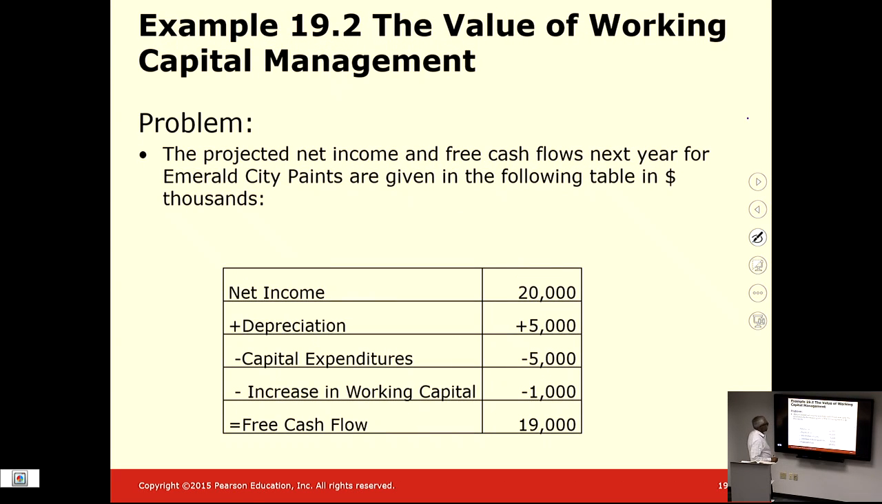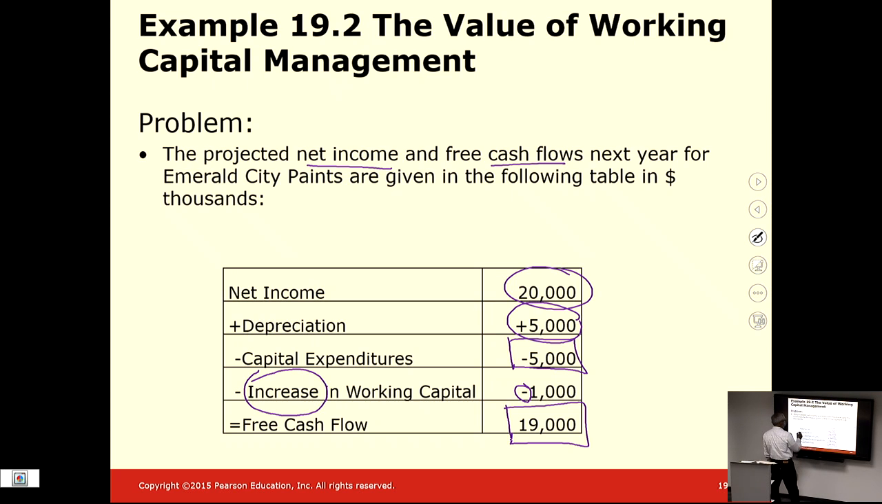So here are the projected net income and free cash flow for this company. We have net income. To that we add back depreciation. We subtract capital expenditures. And since it's an increase in net working capital, I subtract that number. That gives me